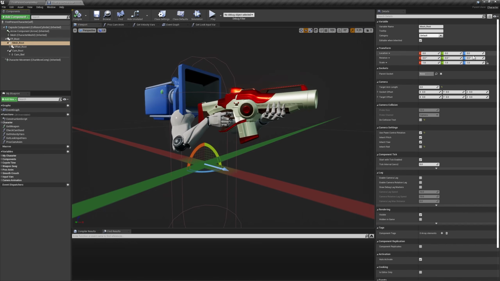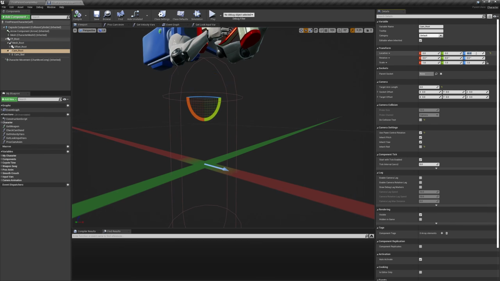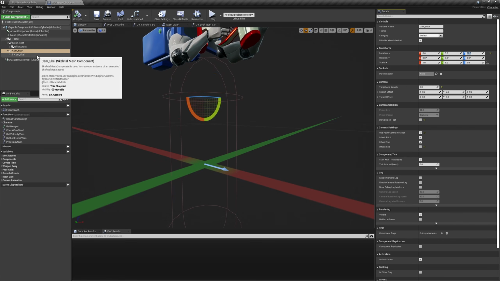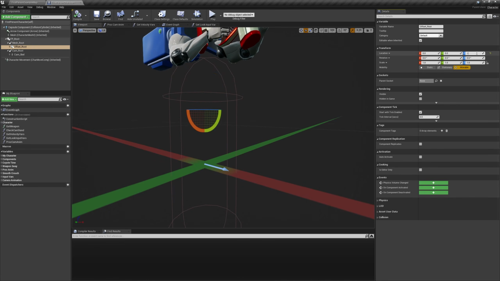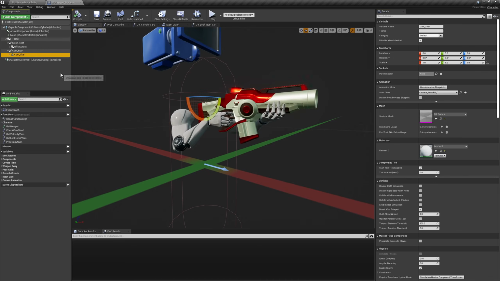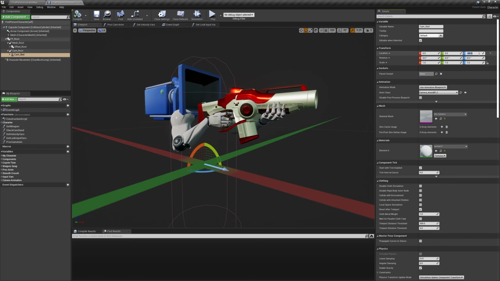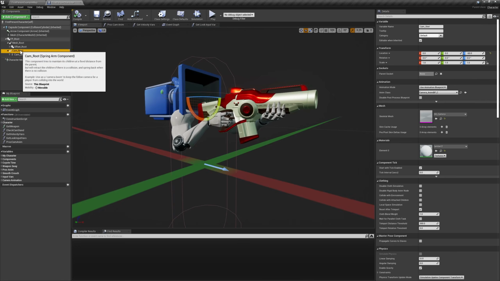To fix this, we'll make some adjustments to our actor hierarchy. Mesh root and cam root both need a new Z value of 60. Offset root and cam scale also need to be offset downward by the same amount, so their new Z values are -70 and -60 respectively. Now when we click on mesh root and cam root, you'll see their pivot points are properly centered on the